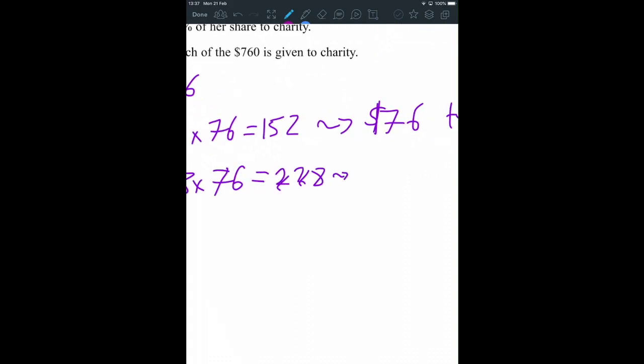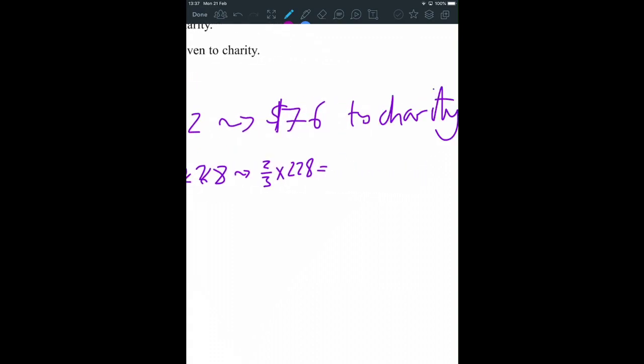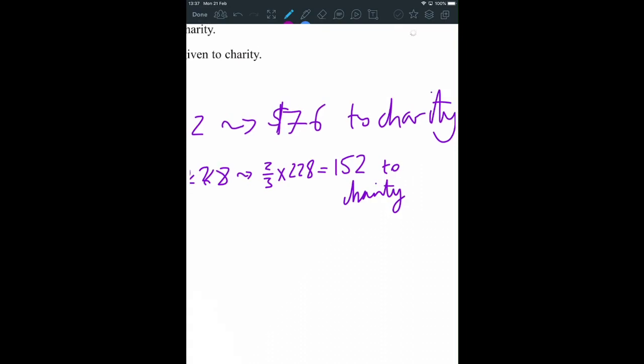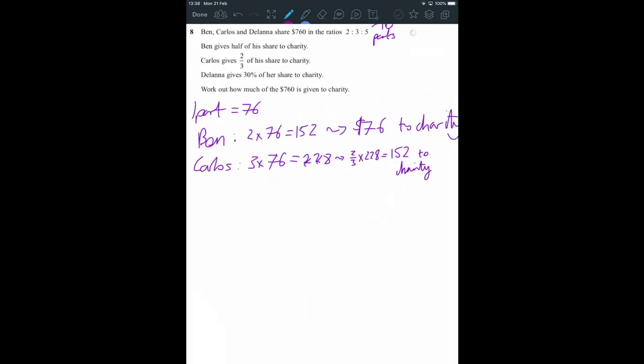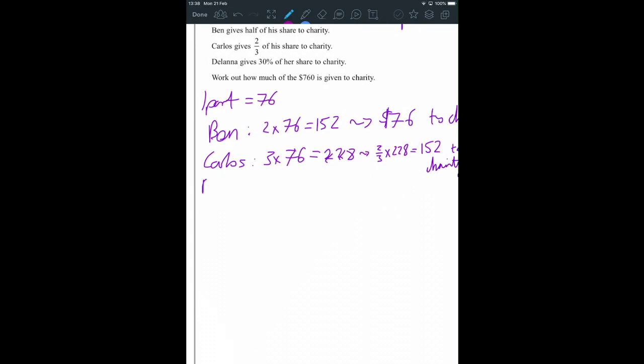So I'm giving 2/3 of that, so 2/3 of this 288 is going to be given to charity. I am just doing it into the calculator to ensure I am getting the right values and not trusting mental arithmetic too much. So that's another 152 to charity,